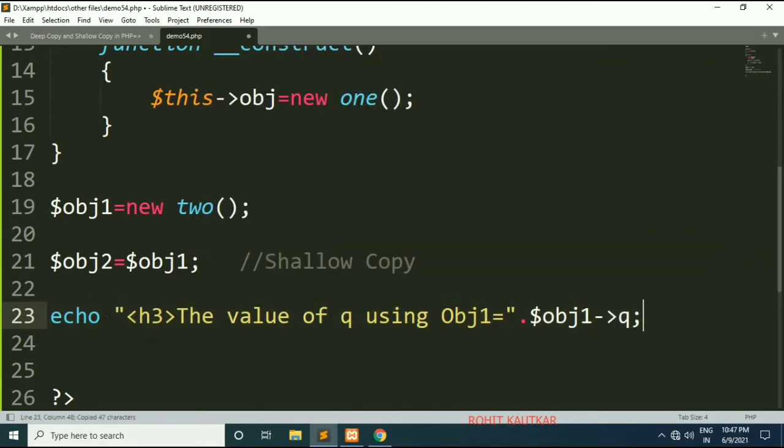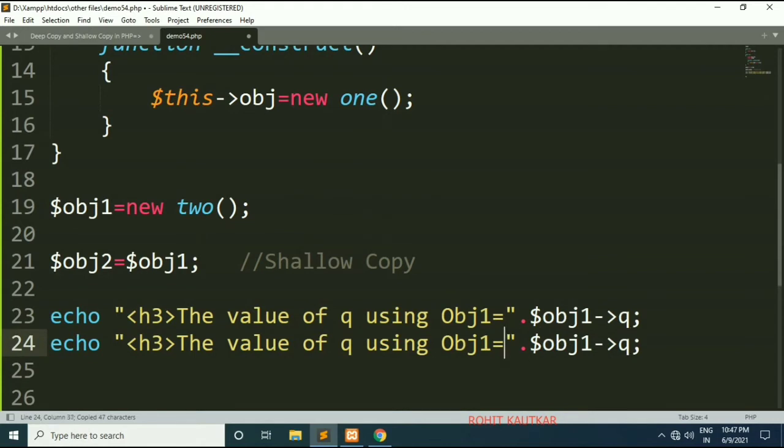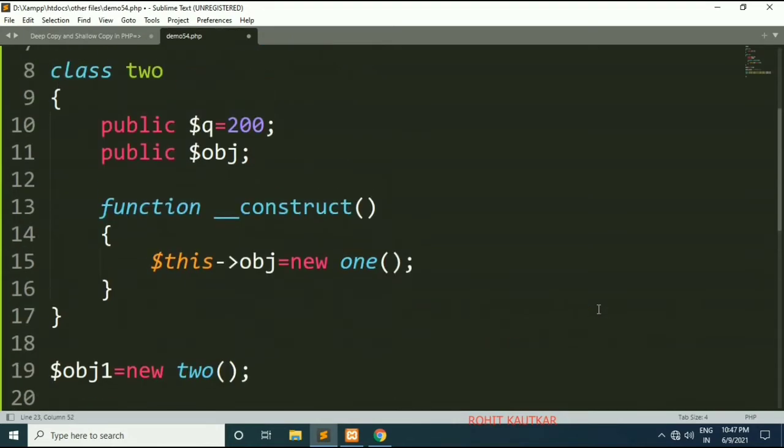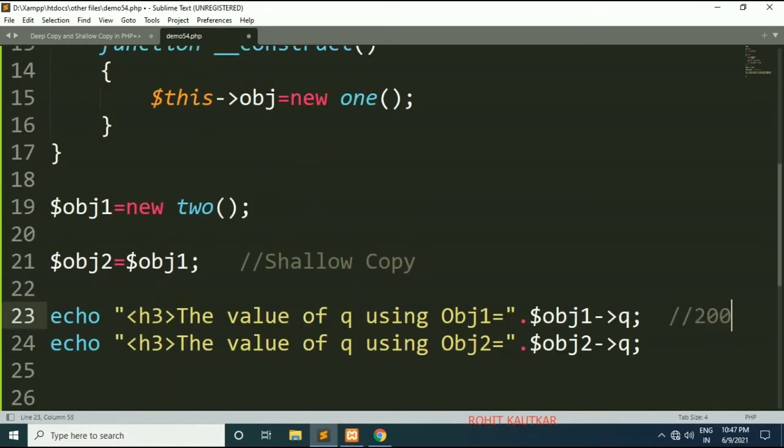I will copy this, and now I will write the value of q using object 2. Now I will run this file and see what output we get. In this case we will have value 200, and here as well we will get value 200.